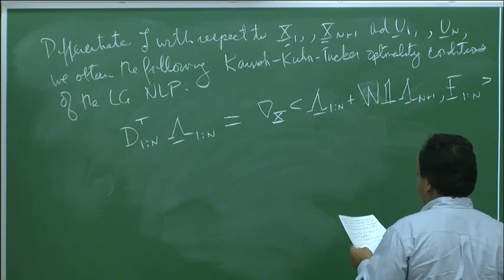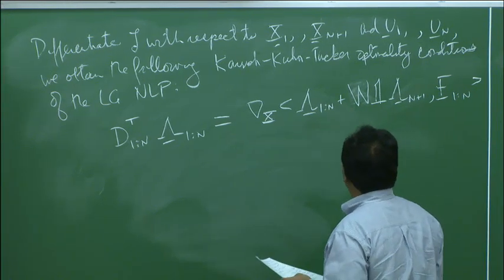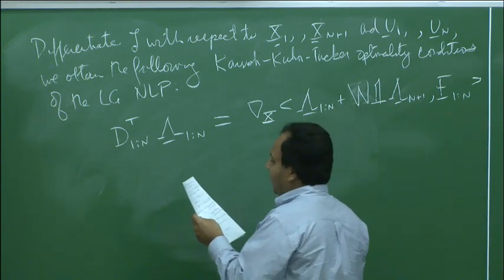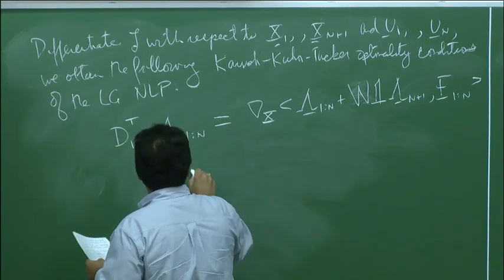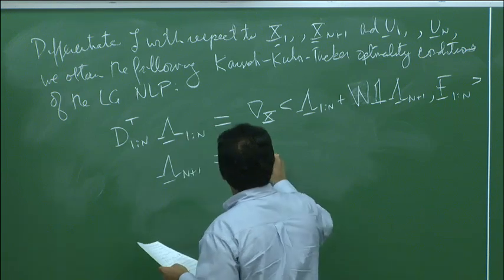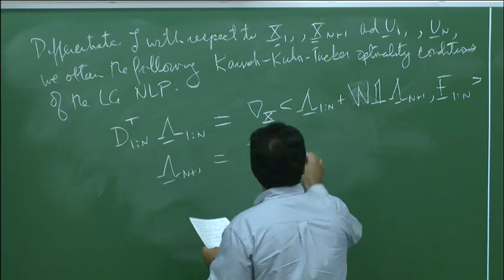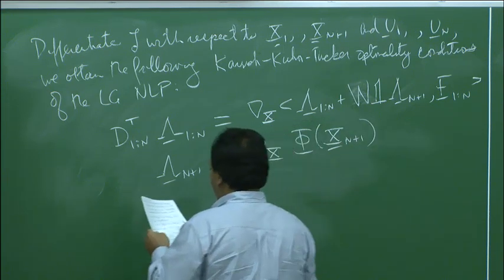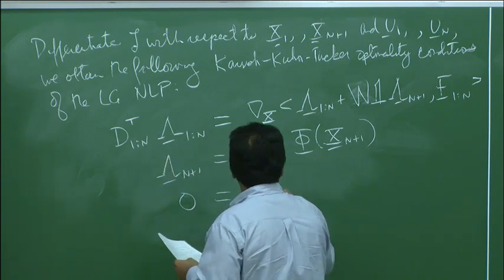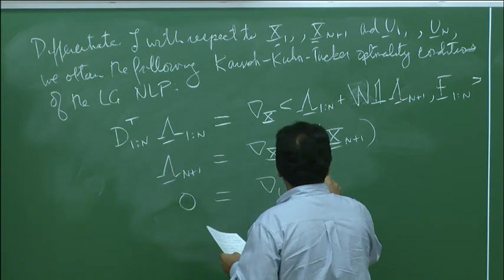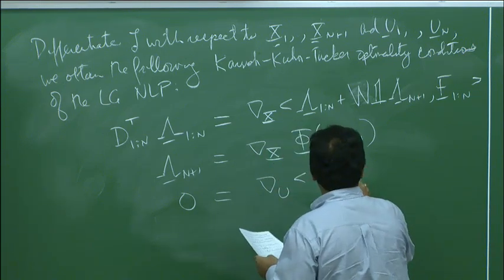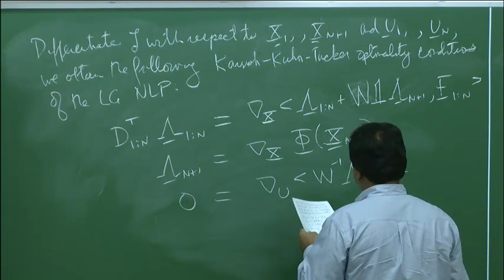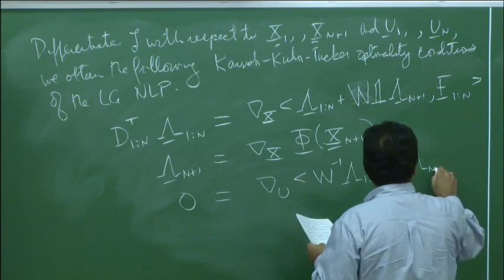So if you look at this first equation, you'll see that I have an inner product in here, and the inner product is the product of this quantity with that quantity over there. And then I get this equation for lambda n plus 1, which is the final one, which gives me the gradient with respect to x of phi of x n plus 1. And then I have the last equation, which says that the gradient with respect to capital U of the inner product of W inverse times lambda 1 colon n plus another column vector of 1s times lambda n plus 1